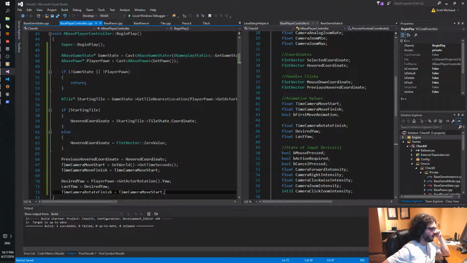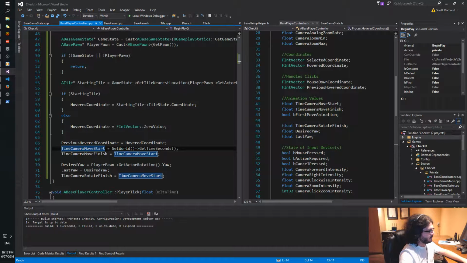I could have created a local variable and have it be get time seconds to make it a bit less wordy, but the compiler is going to optimize it out anyway, so there's no reason for it. I'll just have this one be the same value.